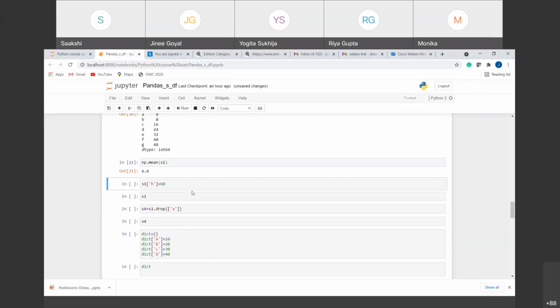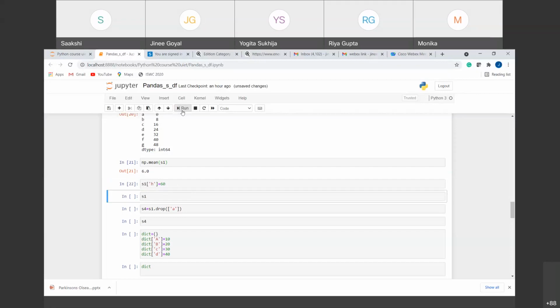Now, I can also add values in the series, right? I have done manipulations on it. I have multiplied it. I have added the numbers. Now I want to add another number inside the series. For that, we provide the series with the square bracket, and what we always provide there is the index, right? So we provide the new index for which we want our value, and we give the value to it. So it means that I am creating a new index h whose value is 60.